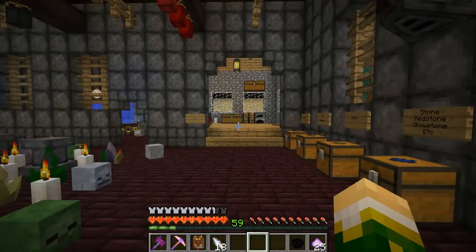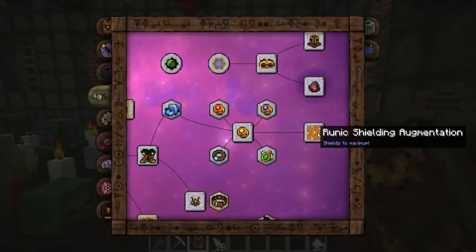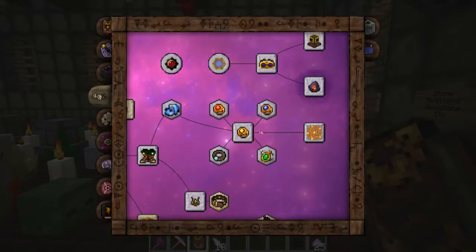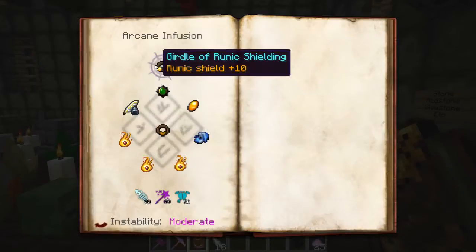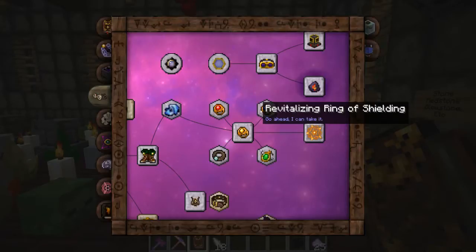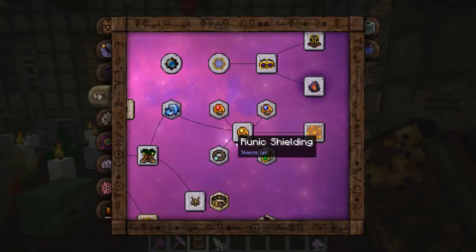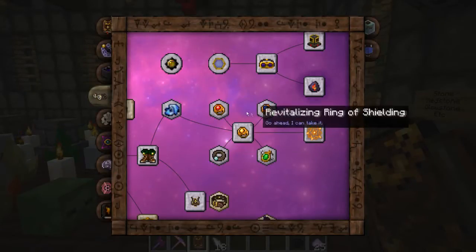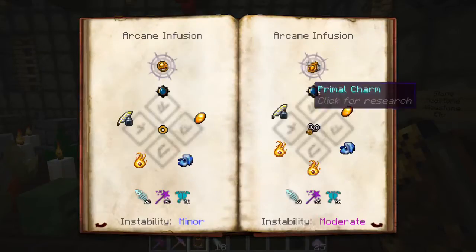Name of the game today is Runic Shielding. We are going to put a whole messload of Runic Shielding on all of our armor, and we're going to make a girdle of Runic Shielding, and possibly a couple of rings. I'm thinking making one of revitalizing, and maybe, I don't know. Should I go for a charged ring of shielding, or should I just do a,